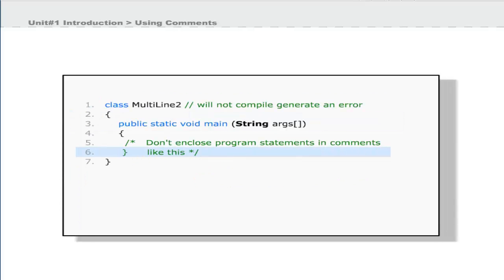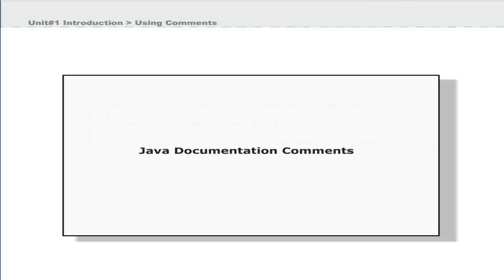Note that at line 6 in the multi-line 2 class, we have enclosed the closing brace of the main method inside the comment. This causes a compilation error. The corrected program will look like this. Now the program will compile without generating any compilation errors. Java documentation comments are used for documentation purposes, and for simplicity we would not be using these comments in this